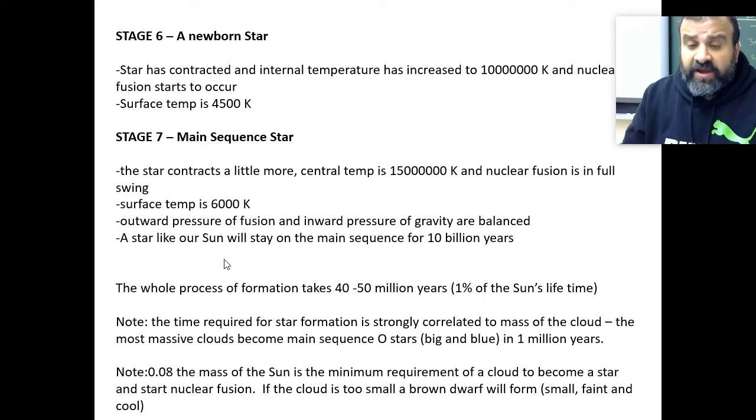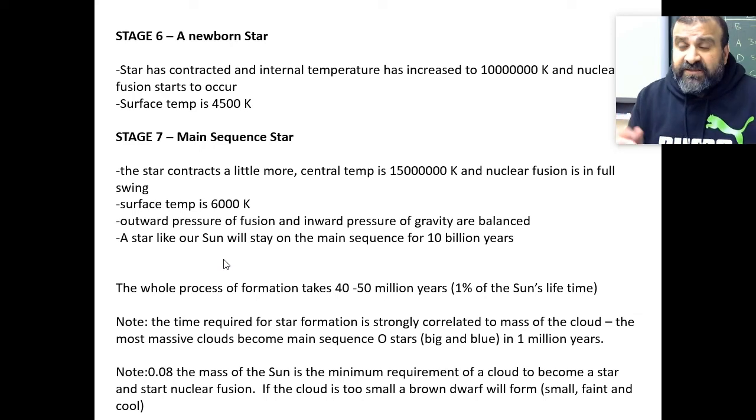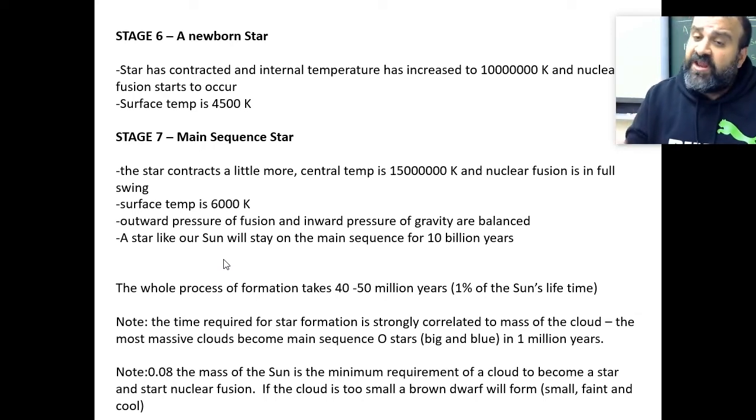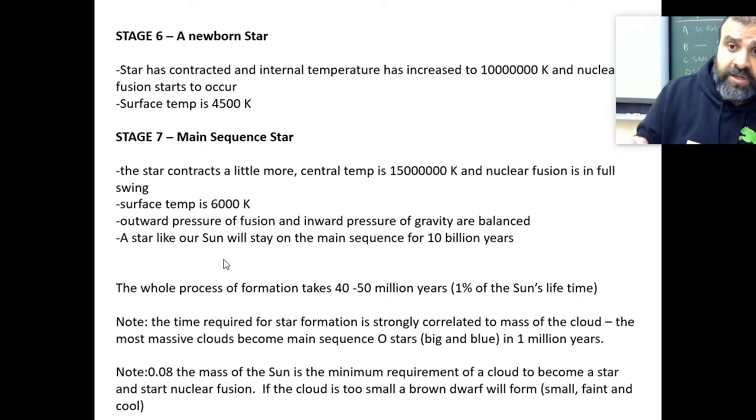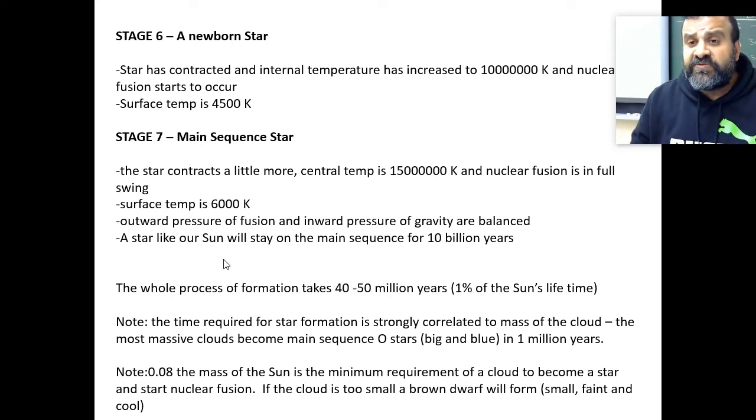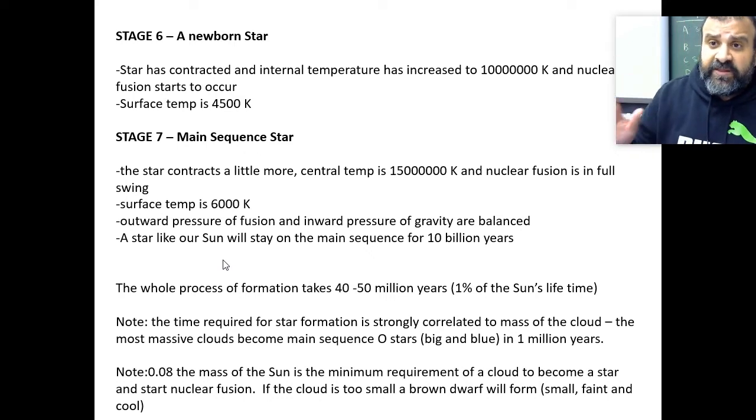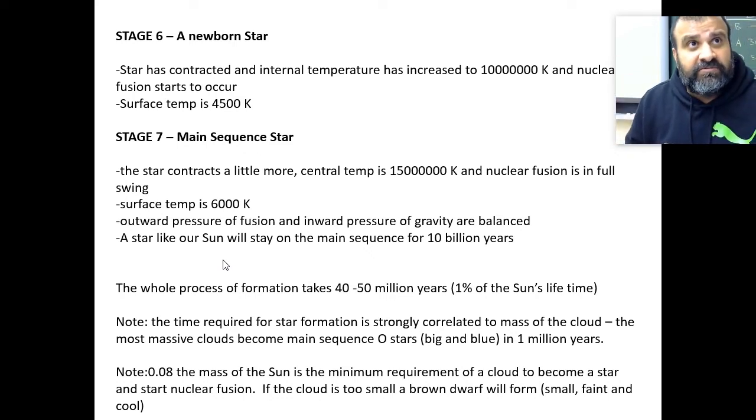A star like our sun is a relatively small star, a little smaller than a middling star. It should have enough hydrogen in its core to burn on the main sequence for about 10 billion years. Our star, Sol, has existed for about 5 billion years, so it's about halfway through its main sequence life.